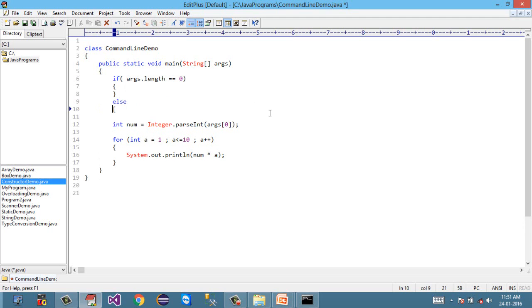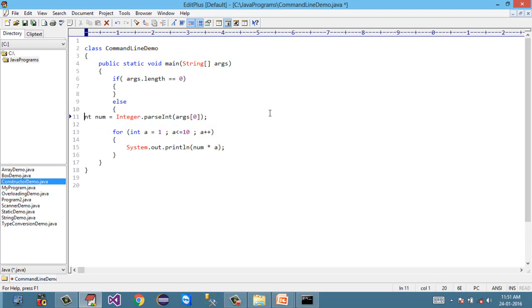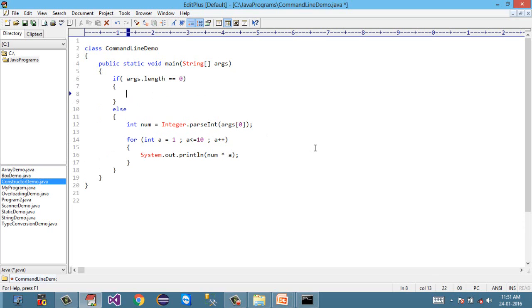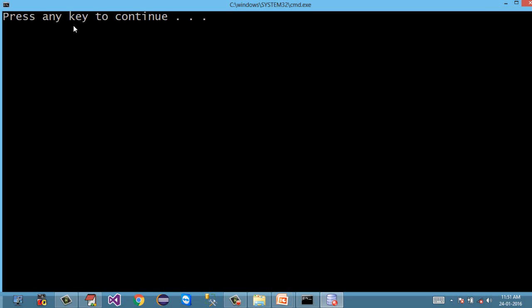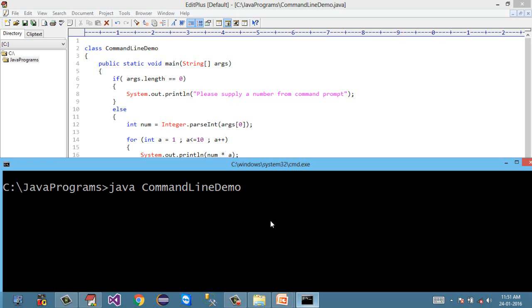So we can simply make a check using if. If the length of this args array is 0, we can tell the user to supply a number. So with all these changes, save this program, compile this program, and it is successfully compiled. Now let's execute this program